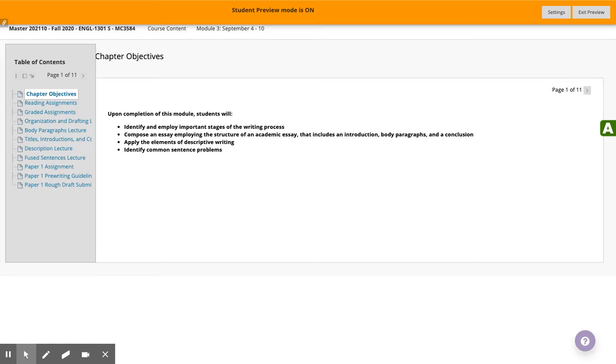You're going to actually compose your first essay. So your first rough draft will be done during Module 3, this week or next week coming up, and that includes the introduction, body paragraphs, and a conclusion. You're going to apply the elements of descriptive writing to your narrative. So you're going to be merging two different writing styles and you're going to be able to identify common sentence